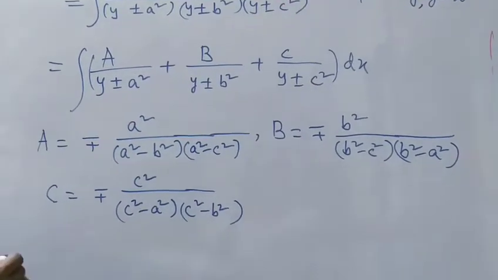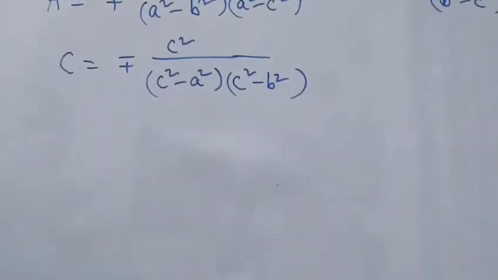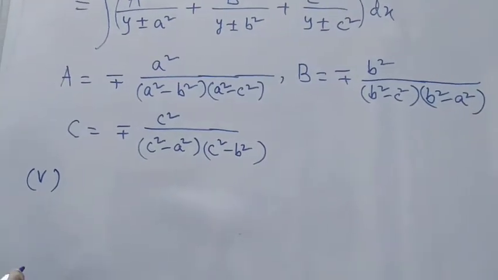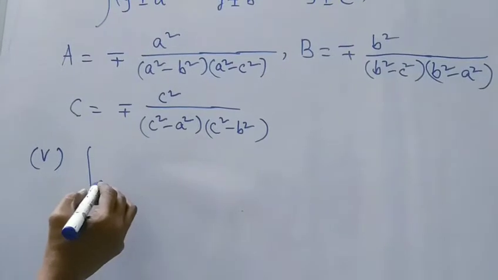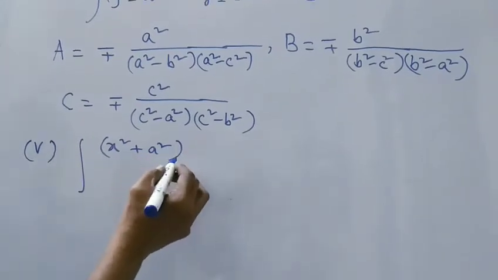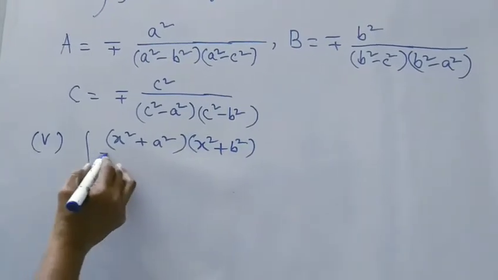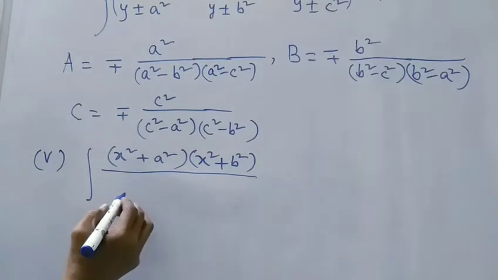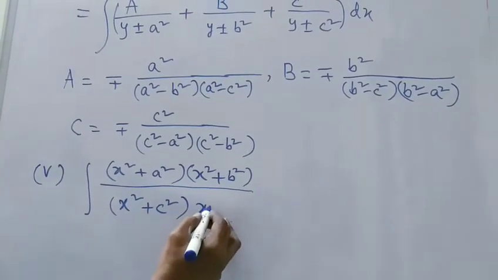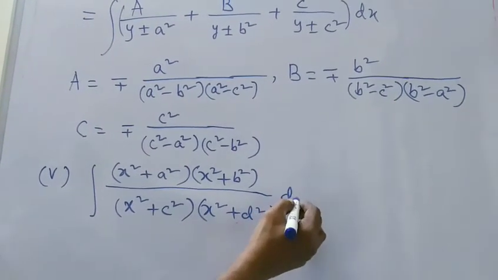Next, the fifth one: integral of x square plus a square into x square plus b square divided by x square plus c square into x square plus d square dx